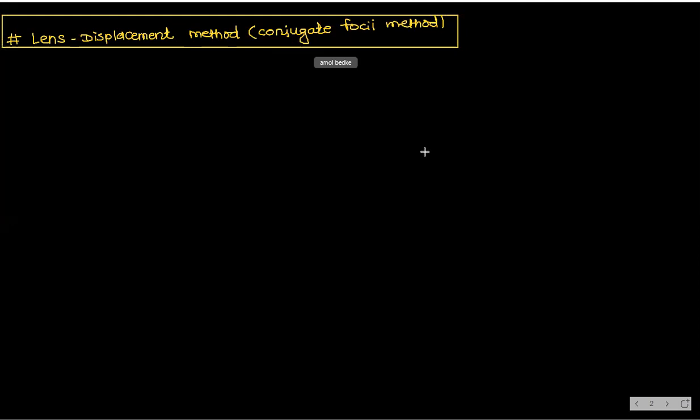Okay. So what we are doing for this method, we are taking one mesh. See here, this is a mesh. Mesh means jali, okay? Mesh is nothing but jali.